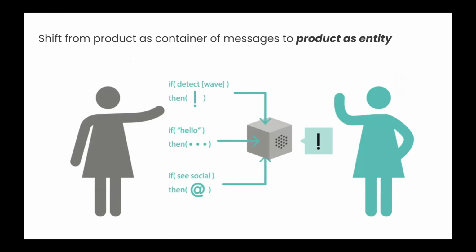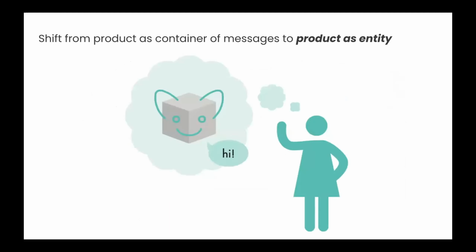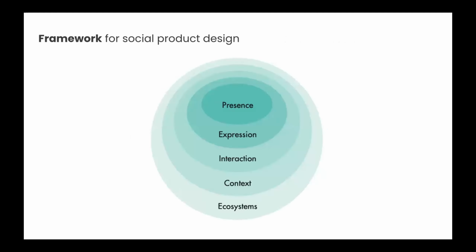And so we might have a microwave, and when it's done, it beeps to let us know it's done, and there's just a message that shows up on a screen. With new technology, what we have the ability to do is actually interact with our products as entities. So instead of having a pre-baked message, we are actually having a conversation that is evolving as we use the product. There's a core framework that I talk about in the book